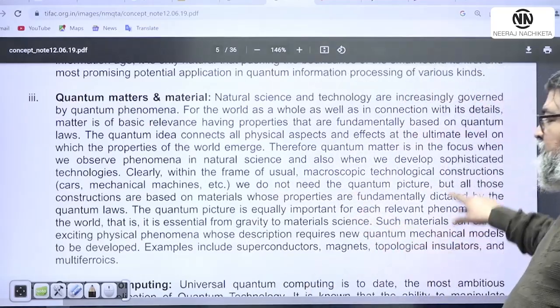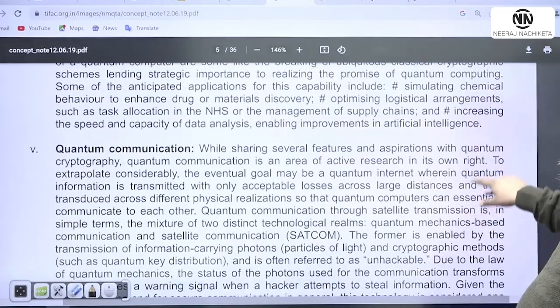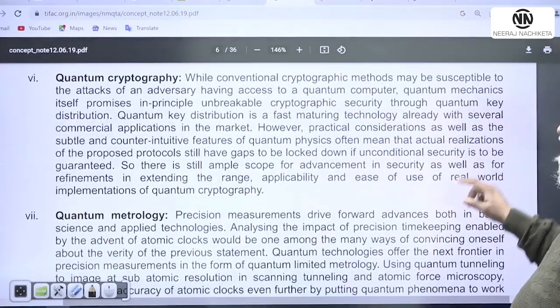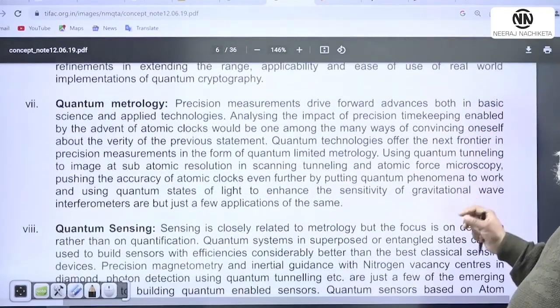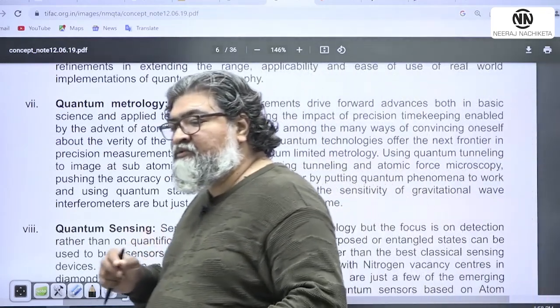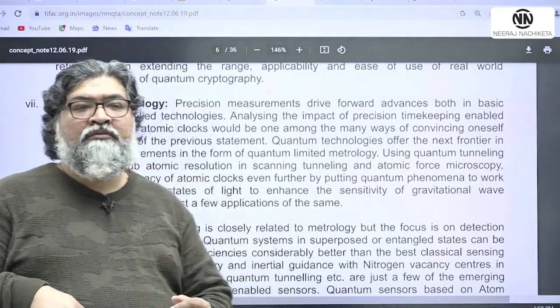So what you find here: quantum computing and all this. Quantum communication we want to develop. There is satellite communication and all this. Quantum cryptography we are giving importance there. Quantum metrology, that means measurement, precise measurement, accurate measurement, at the same time secured measurement. That will also be done through quantum. Quantum metrology,